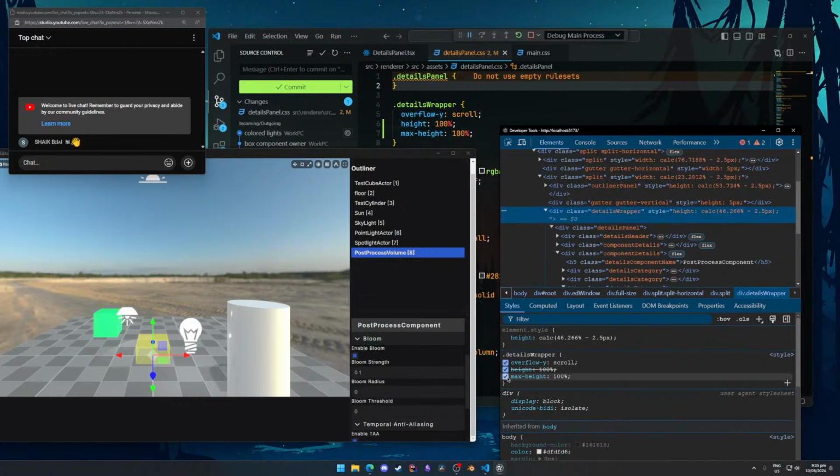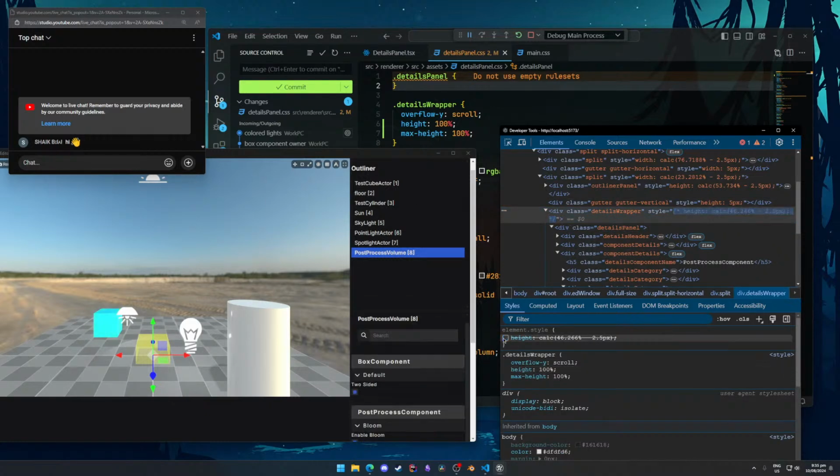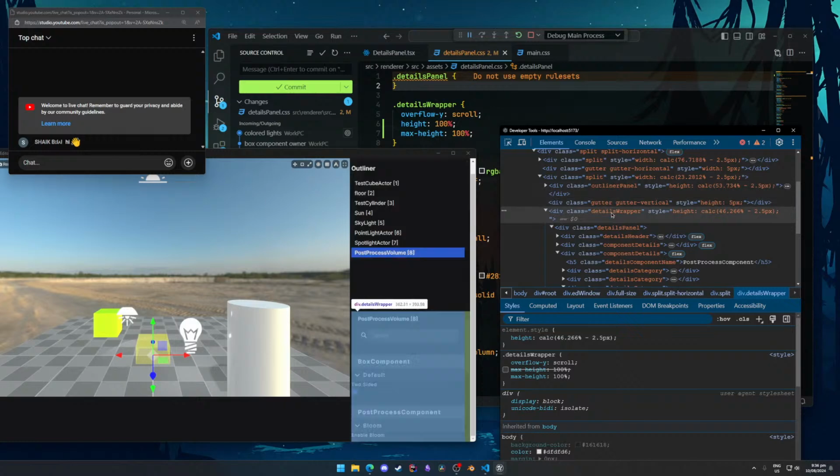Nothing there, and then the wrapper. I don't know why height is grayed out like that, I guess because of this. Yeah, I guess the height is getting overridden here, so can I change that to max height? No, doesn't really care. Okay, which means